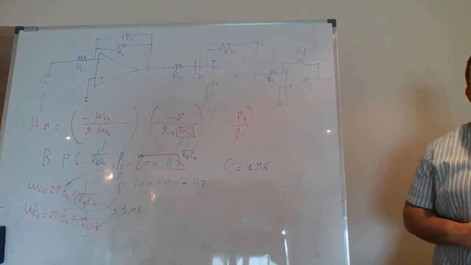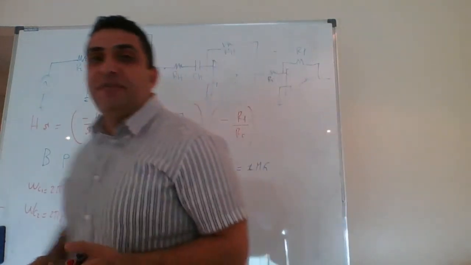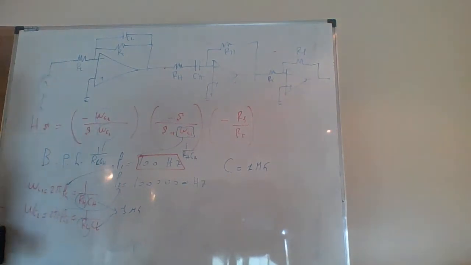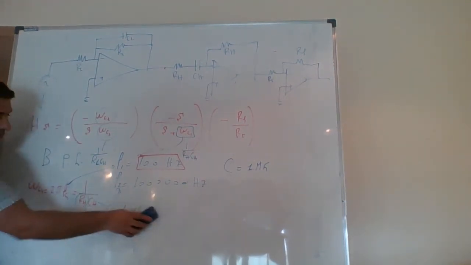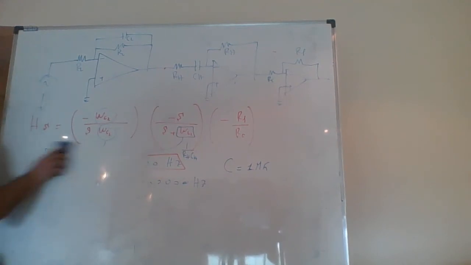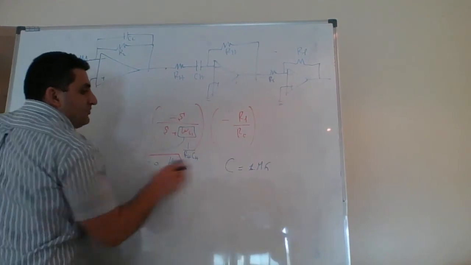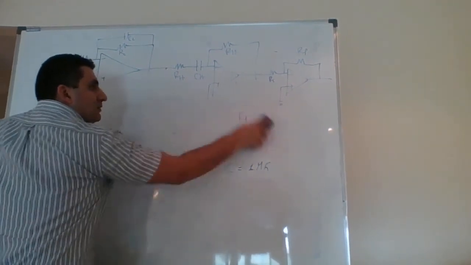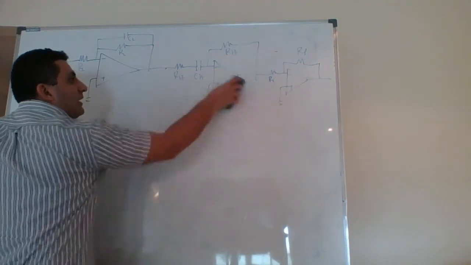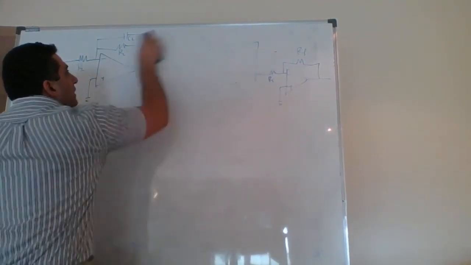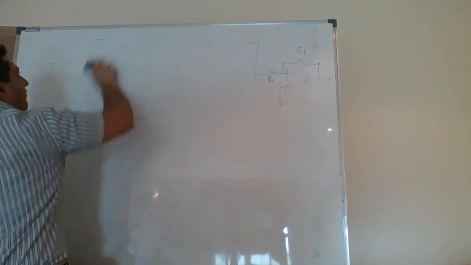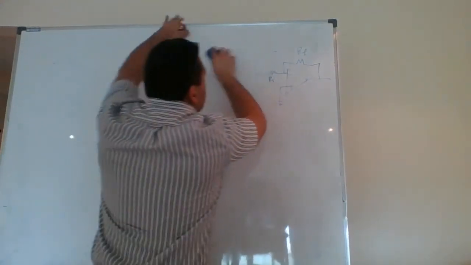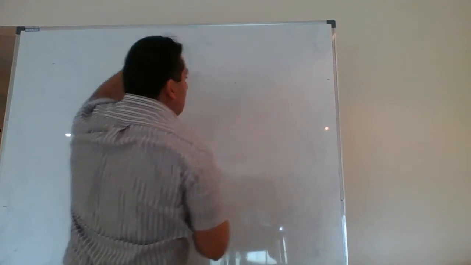Is that clear? The concept of a band pass filter using active components. One more item before we finish. I want to introduce to you the band reject filter. For the band reject filter, you use exactly the low pass, high pass, and then an amplifier for a gain. However, the low pass and the high pass will be put into